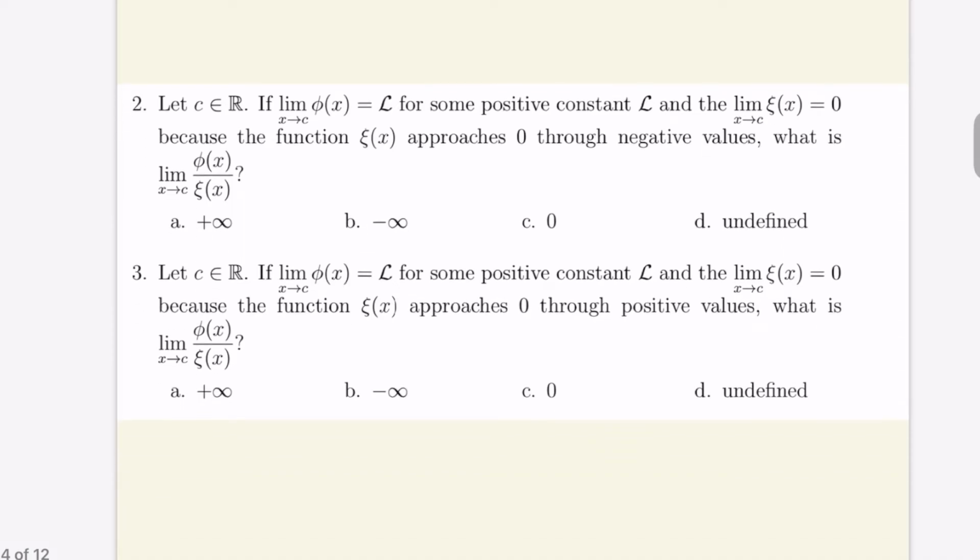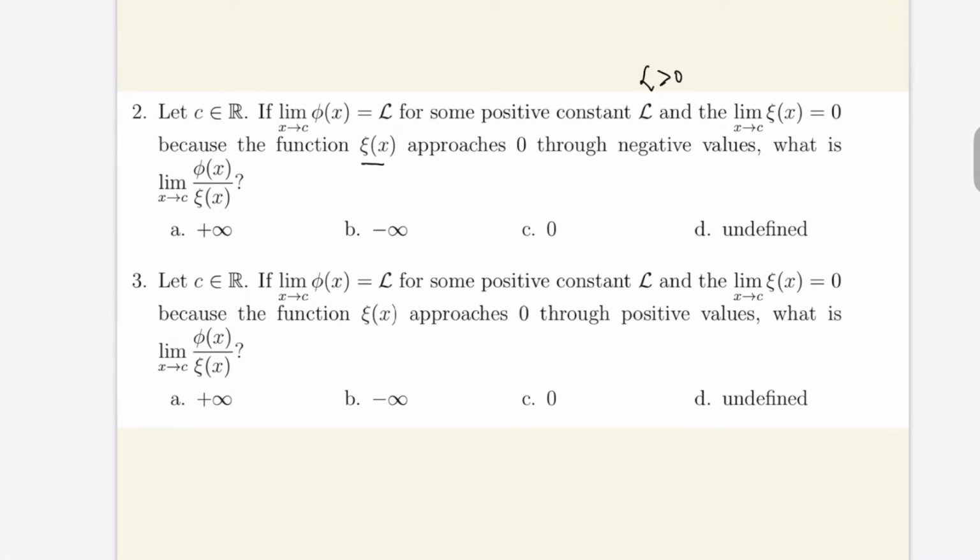Number 2, if C is in R, and if the limit of phi of x is script L as x approaches C for some positive constant script L, so ibig sabihin, the script L is greater than 0. And the limit of psi of x as x approaches C is 0 because the function psi x approaches 0 through negative values. What is then? Di ba may theorem tayo dito that the limit of this one all over psi x as x approaches C, this is always